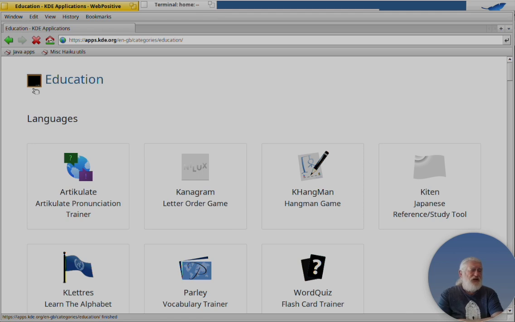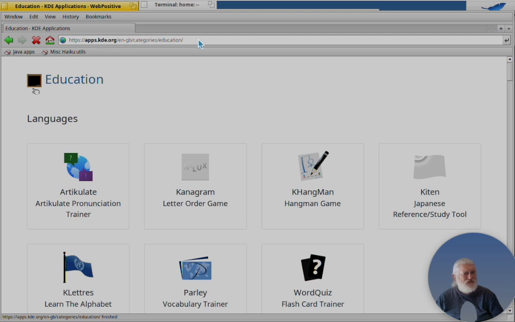But this is going to be a little bit different because I don't really feel like installing a dozen of these, and then it's still just a sample. I'd rather like to point you towards the KDE app website,